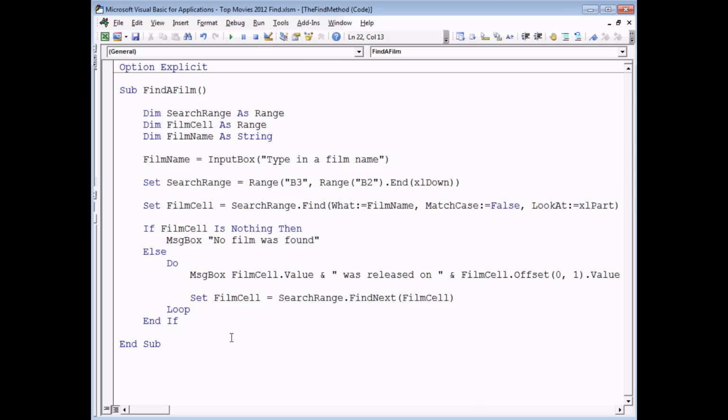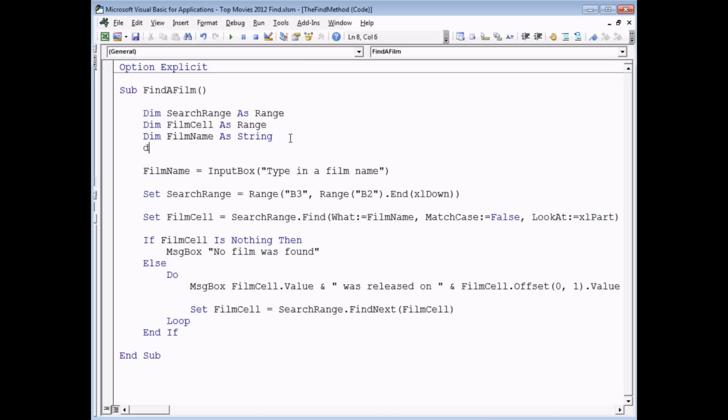Now the way that we're going to stop our loop from running is to check whether we've reached the first cell that we found again. So the easiest way to do that is to store the cell reference of the first cell that we find, and then check each time whether we've gone back to that cell. So let's do that by declaring a new variable. Let's say dim first film cell